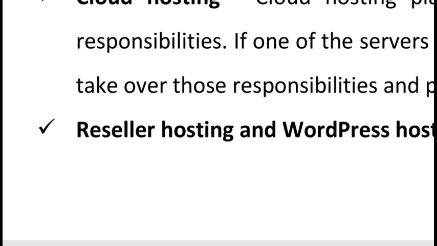So web hosting is paid, and we must purchase space on a web server. If we want to access our website fast, we need to purchase web server space.